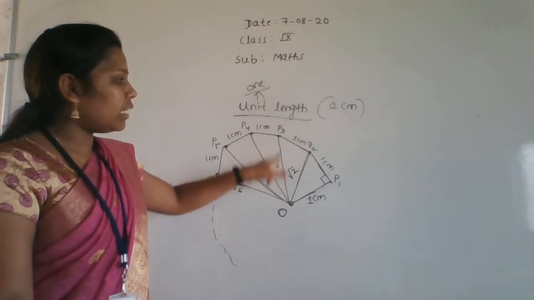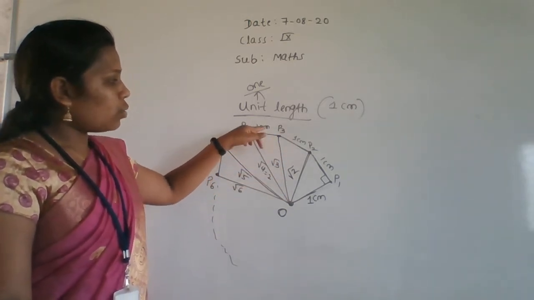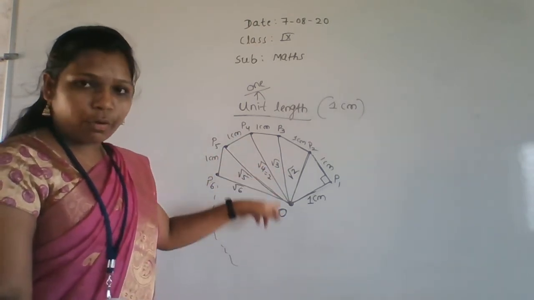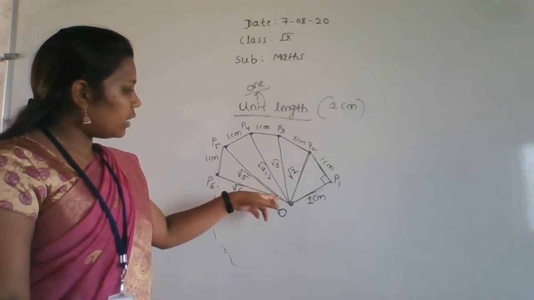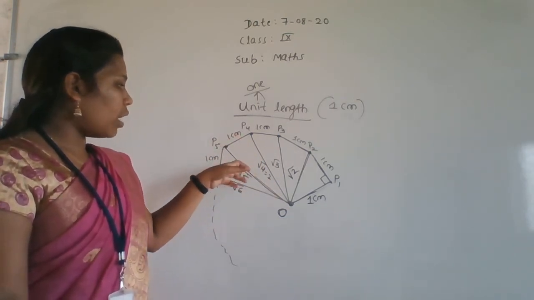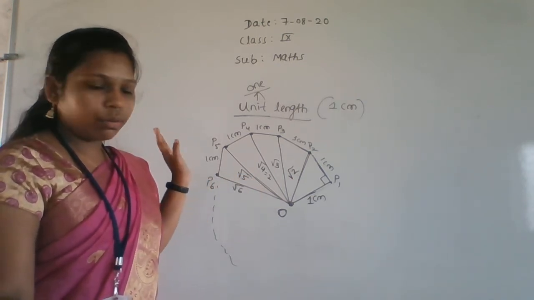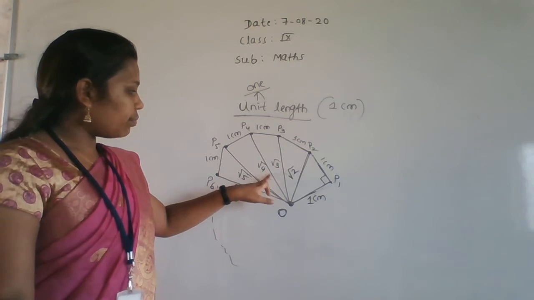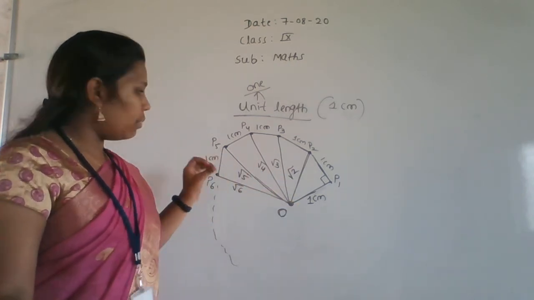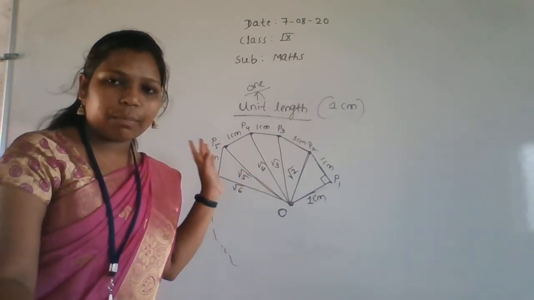Next again here root 3 is there and 1 centimeter length, again a right angle triangle, so 1 square plus root 3 square, so you will get root 4 here. So it is the length of root 4, that means 2. Square, here 1 square, again it is root 5. Like that you have to do. Otherwise just write all the root numbers only. Don't write the square root number here. Root 4, root 3, root 2, root 5, root 6, root 7. Like that it will come.